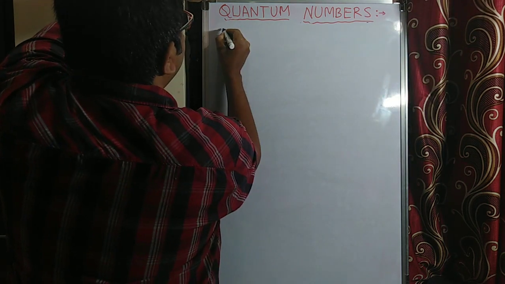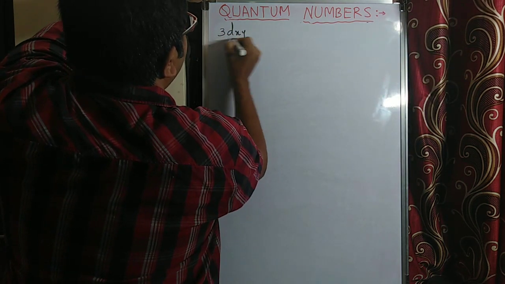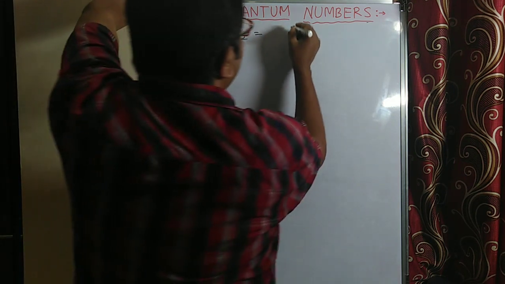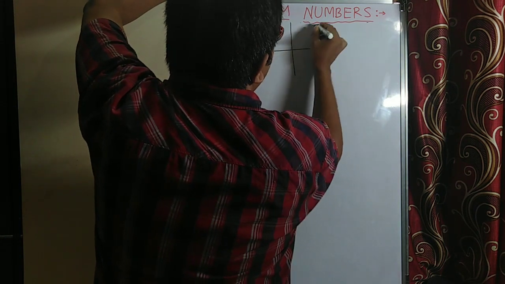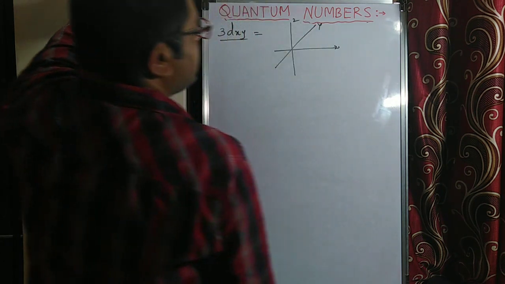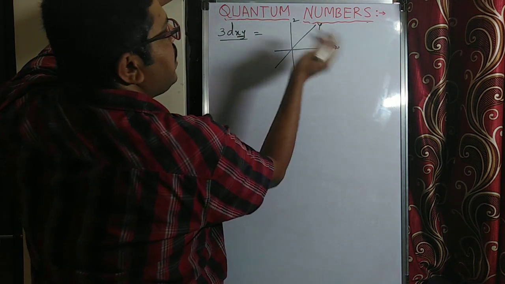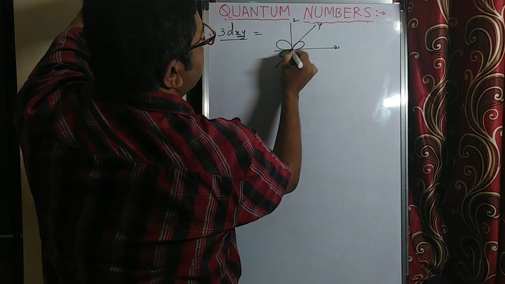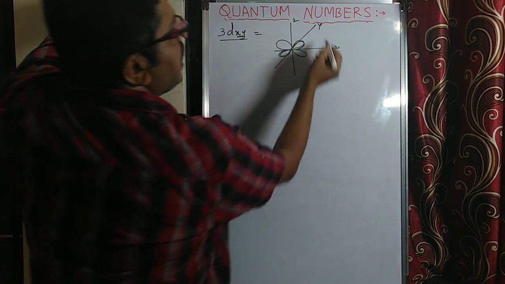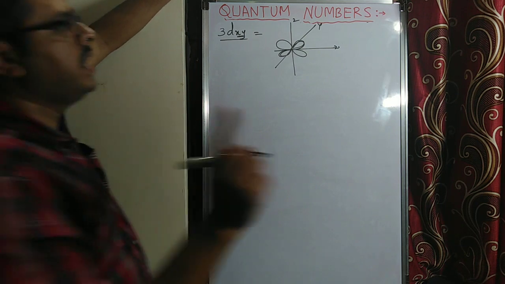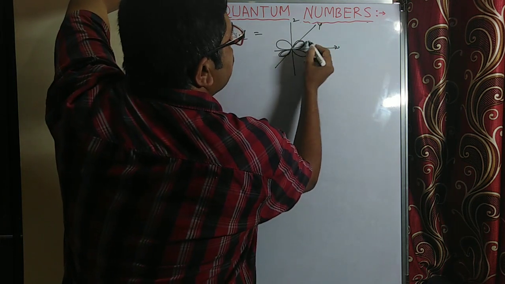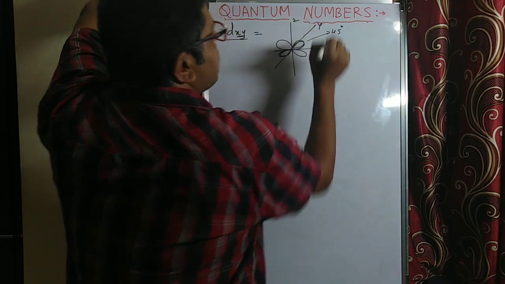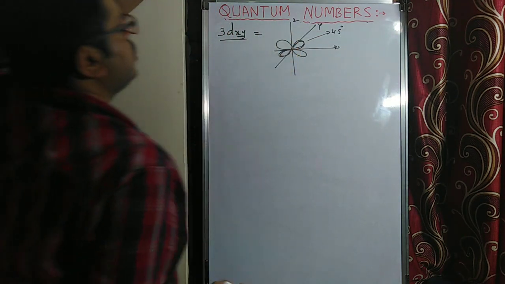3D xy orbital I will write. 3D xy orbital means, remember, double dumbbell, correct? So x axis, y axis, z axis. xy means, remember, between x and y, and another is opposite to that. Remember, x and y axis will have 90 degree, and this orbital is present at 45 degree, 45 degree from both axes. Once it was asked in NEET, so point this out.